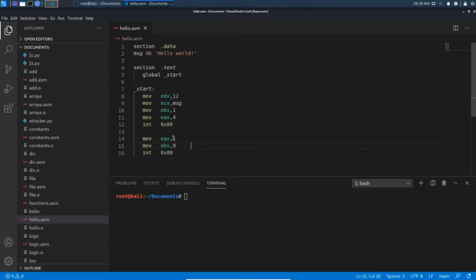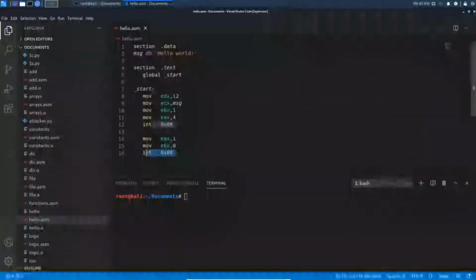This is nothing but the system exit call, which will get invoked if you pass 1 as the argument to the EAX register. It is also related to exiting the system call. And at last we are going to call the interrupt.